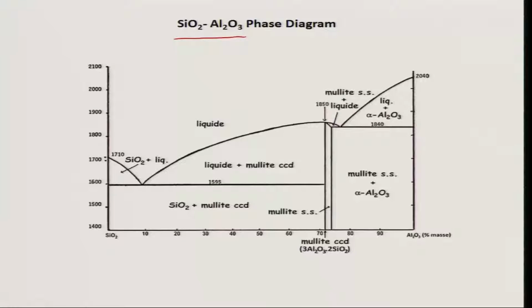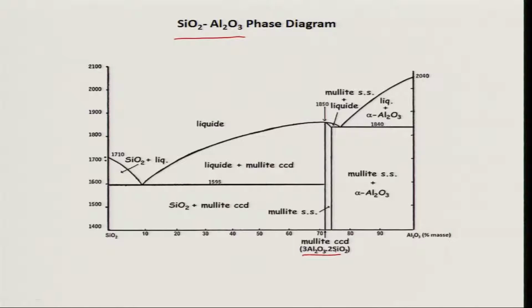Okay. So, now I have been giving you some idea about that. Let me just go into the last important phase diagram between silicon dioxide, aluminum oxide and magnesium oxide. Before telling the actual ternary phase diagram, let me just explain the binaries. If you really see the silicon dioxide aluminum oxide phase diagram, you have to understand two things. One, you have a mullite. These binary phase diagrams I have already discussed in some lectures. You have an intermediate compound known as mullite, which is nothing but 3Al2O3 2SiO2 composition,